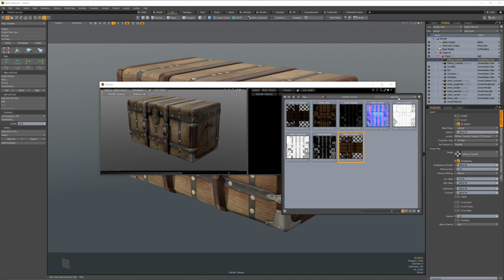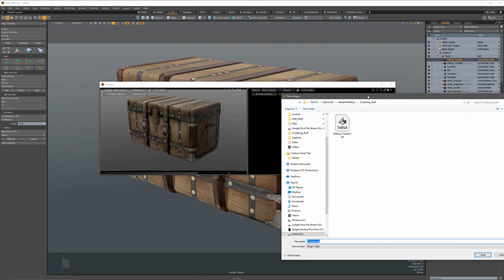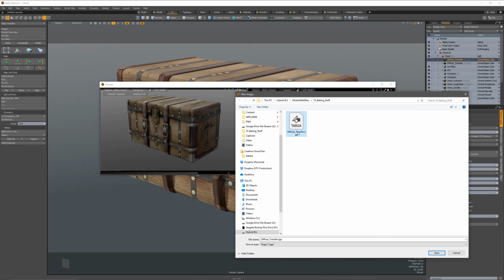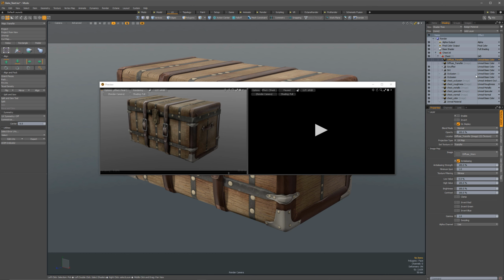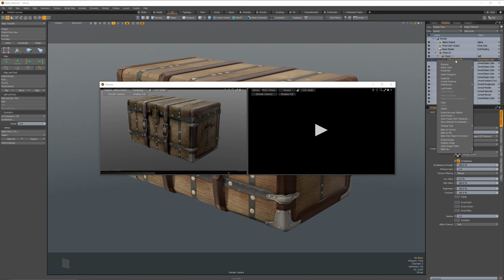So let's go ahead and do Add Clip, and let's just do a new image. I'll call this diffuse worn. That'll work, because we've got one where we're adding wear to it. And use all the same settings for now. Let's just go ahead and click OK. And then same thing, right click,